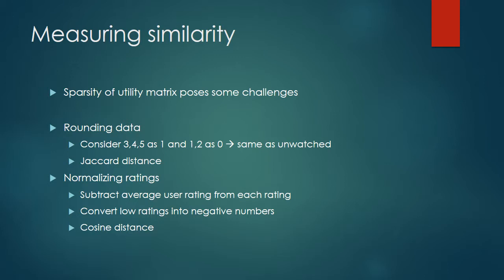This is good if you're using something like a Jaccard distance where we are only measuring set intersections, and you're either part of some set or you're not. You're not like, I'm 50% part of the set, right? So if you're using these kind of set membership functions and set distance functions, then you want to round it off. A more common thing which you probably should do, and which works in a wide variety of cases, is to